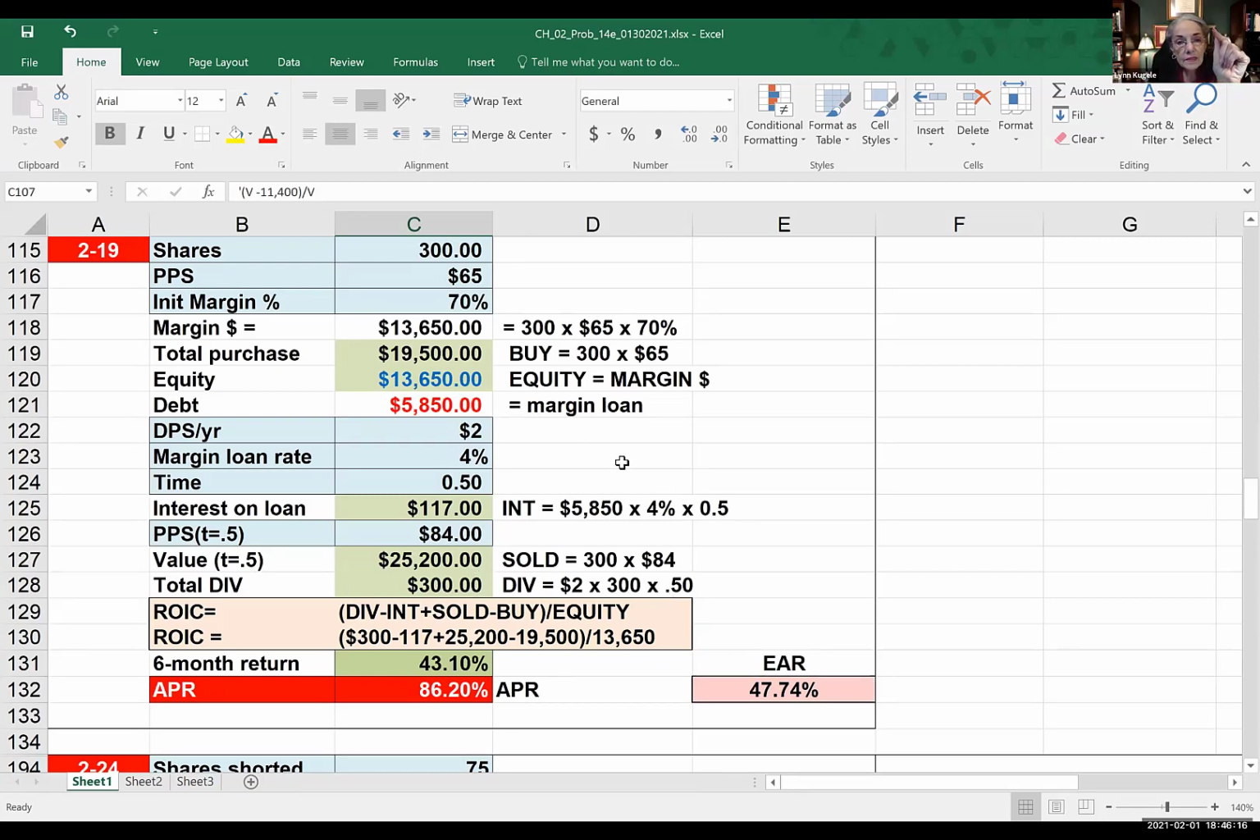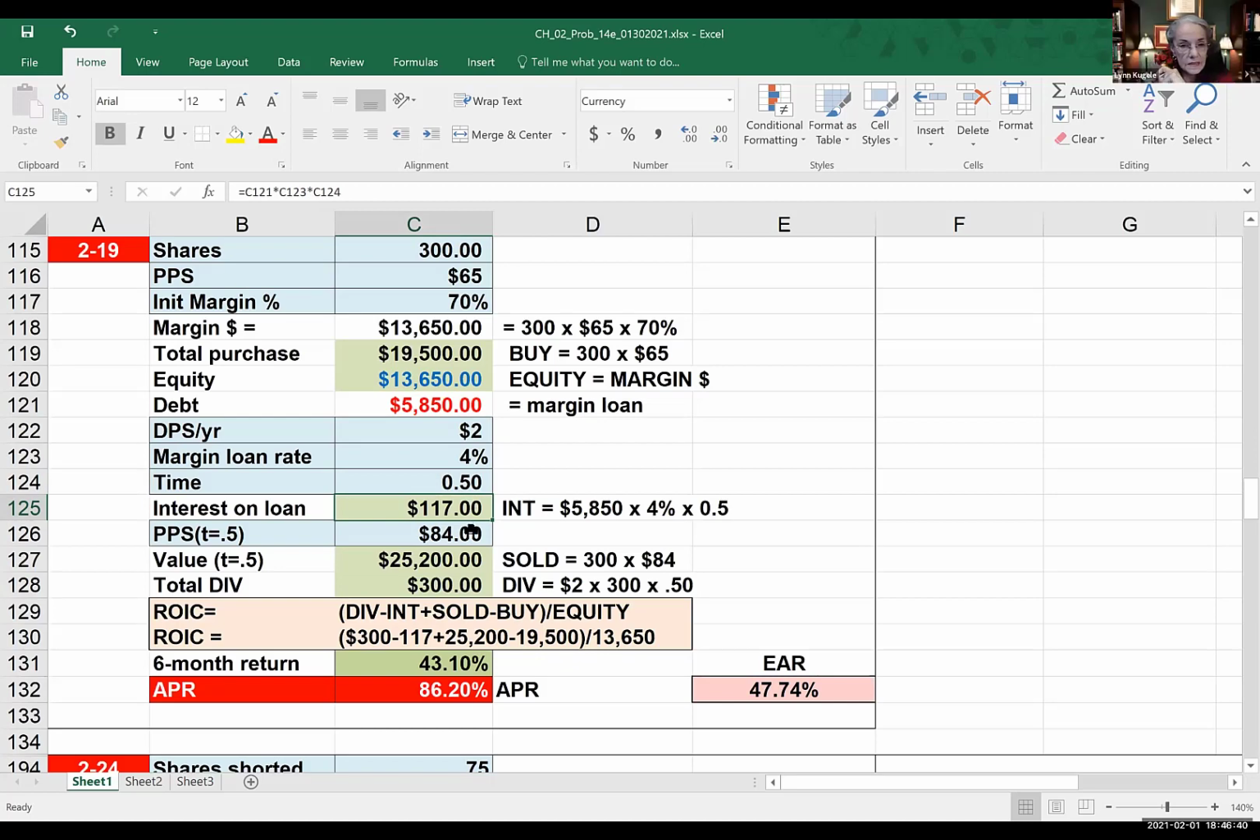Okay, this is just like the one we looked at before. Margin dollars, 300 times 65 times 70%. So he's putting that up. The total purchase is that much equity, that much debt. Dividend per share is $2. Margin loan, 4%. It's a half a year. So the interest on the loan is